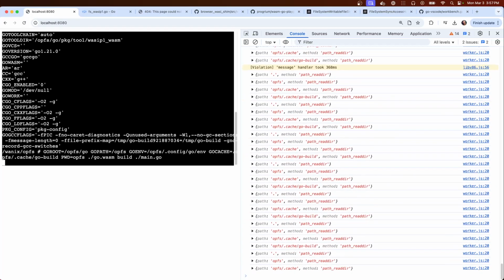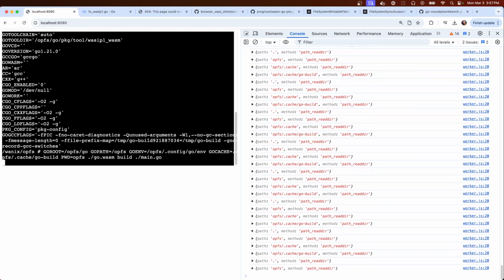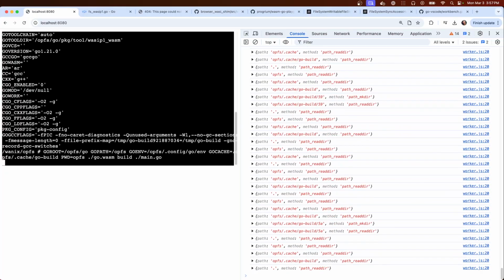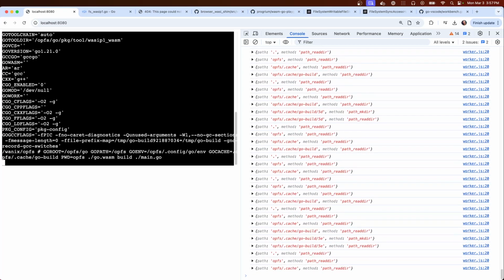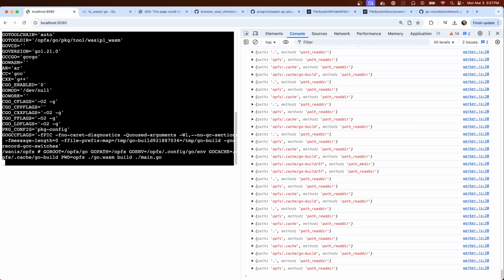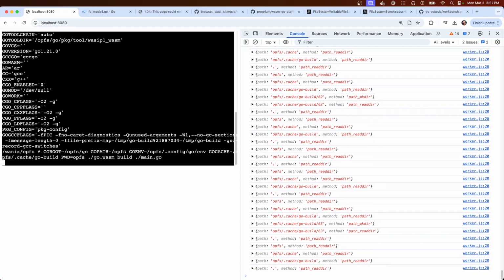A bunch of cache stuff. Sure looks in a lot of directories.